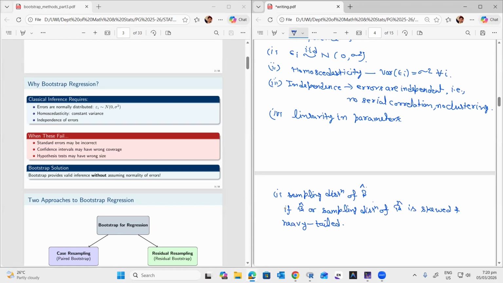At that time, the 95% confidence interval that we find for the beta i's in our regression model